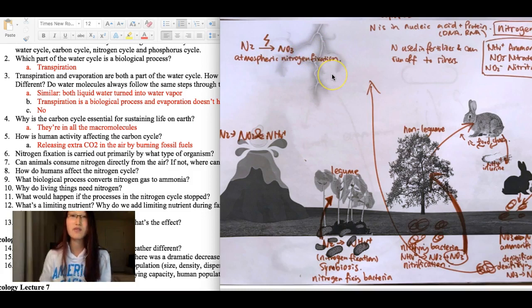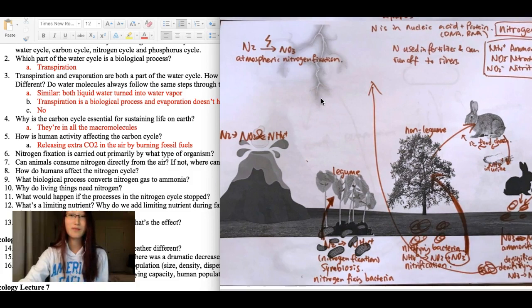Say nitrogen fixation 3 times. Nitrogen fixation, nitrogen fixation, nitrogen fixation. So what is it? It turns N2, which is an unusable form of nitrogen, into NO3, which is a usable form of nitrogen that our body can actually use to make nucleic acid and protein. And that's a great thing because that allows us to live, and anything that allows us to live is pretty